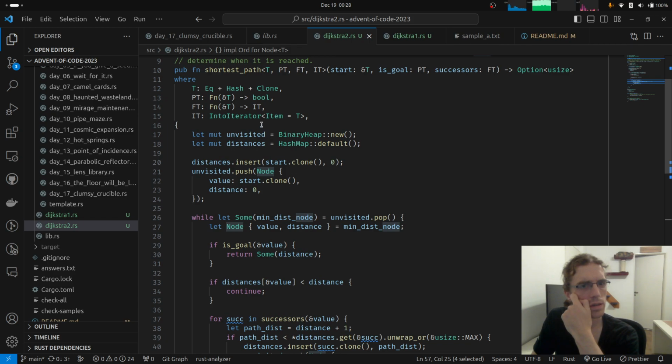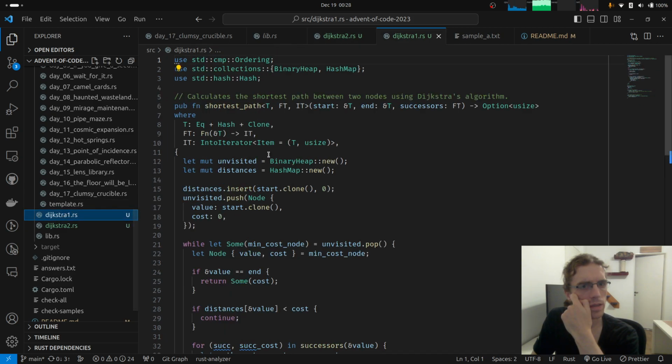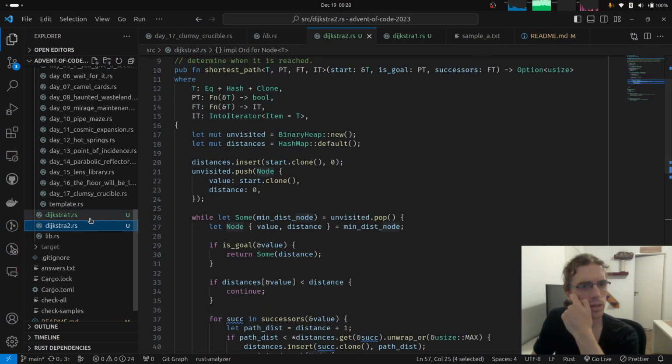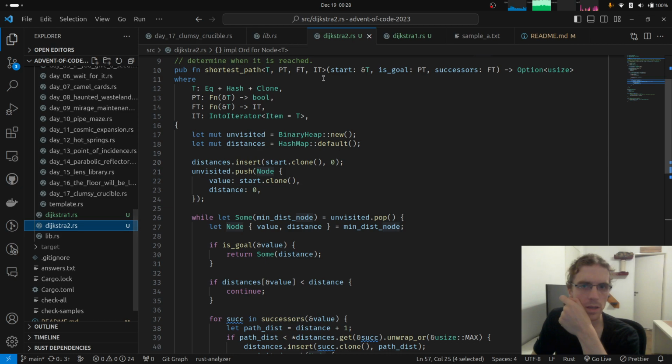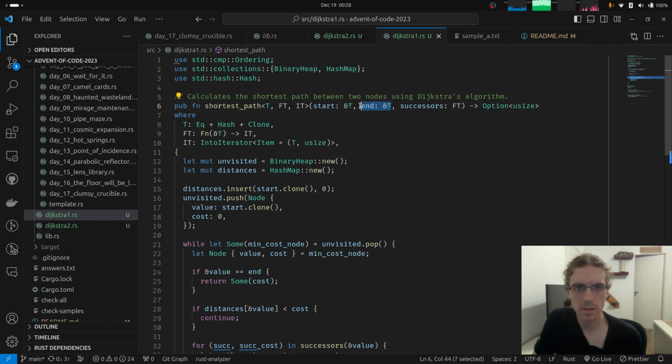Huh. So okay, and that's the same, right? Seems so. Okay, so let's grab Dijkstra 1, but this cannot take just the end. It's going to take an is goal. Okay, so let's modify that.